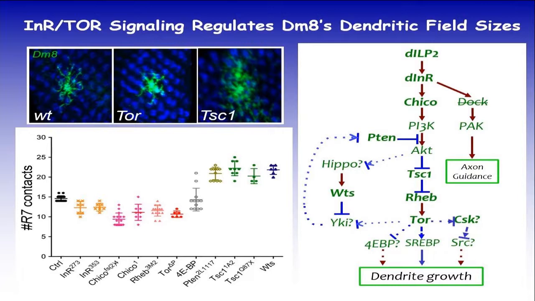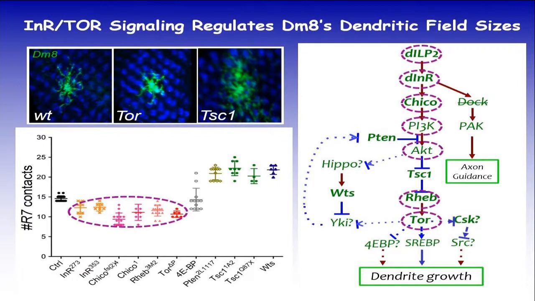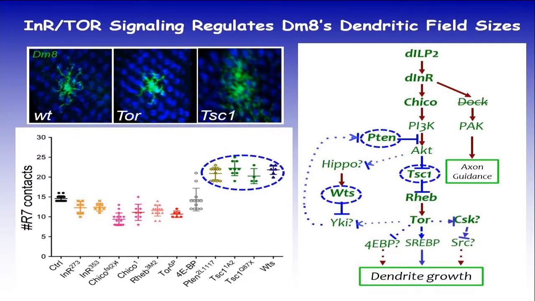It does many different things, including transcription, translation, and growth control. So what we have shown is that if you remove the positive regulator of this pathway, shown here in purple, you reduce the size of the dendritic arbor in the TM20 neurons. If you remove the negative regulator in this pathway, the dendrite becomes larger. So this is a positive regulation of the dendritic arbors. And we also further identified, out of all possible multiple candidate targets of Tor, that the important one turned out to be a transcription factor called SREBP.